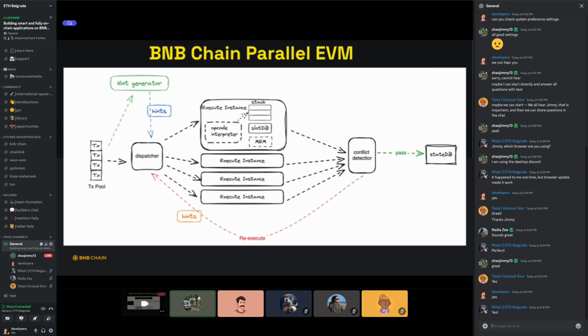So it can resolve the performance bottleneck and also increase the overall efficiency of the BNB Chain ecosystem. In this diagram, you can also see the state DB is implemented as a parallel state DB, which can have better performance when we execute the transactions in parallel.